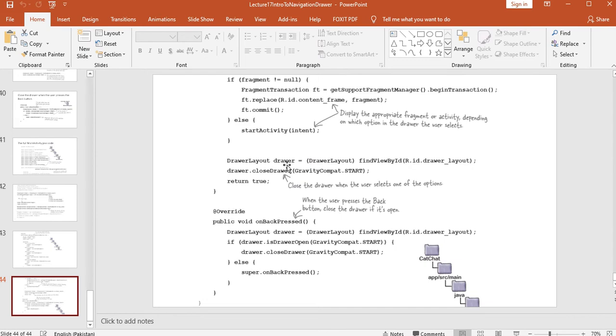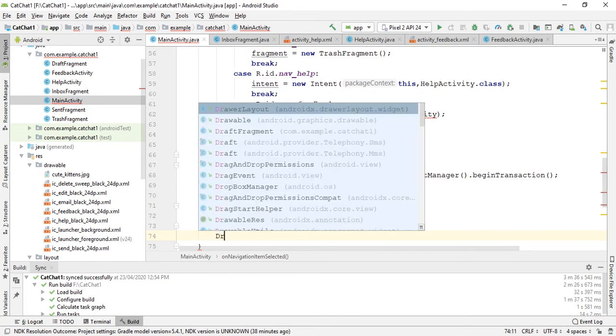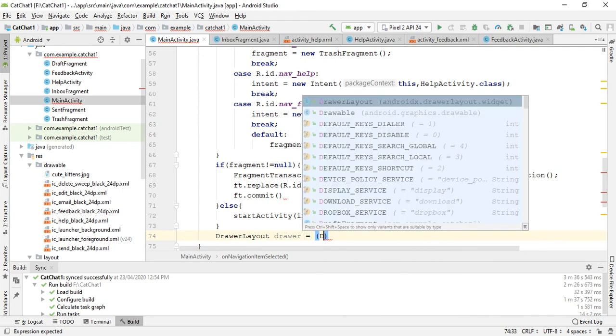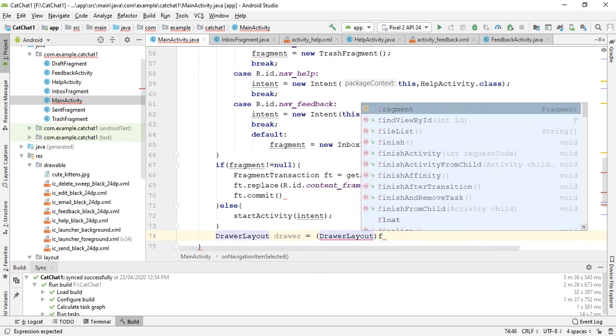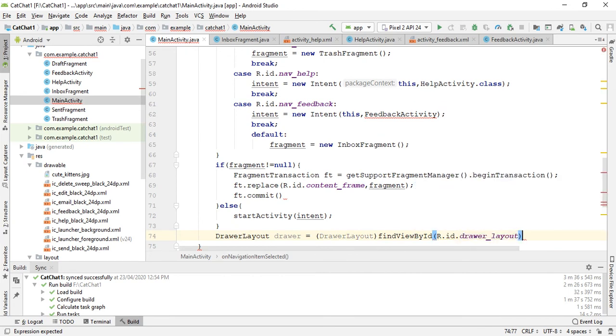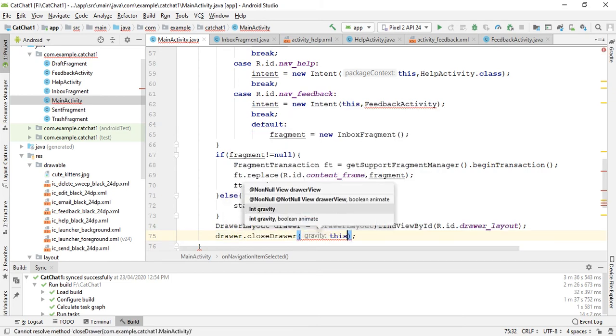So I will create the drawer object: DrawerLayout drawer equals to drawerLayout findViewById, R.id.drawer_layout. Now I will close the drawer with drawer.closeDrawer, and I will provide the activity, this,